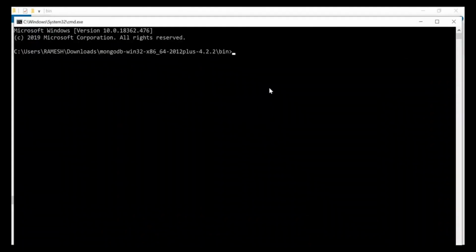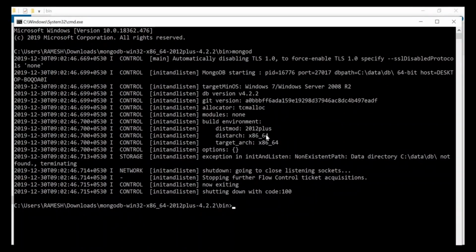So let's go ahead and run the MongoDB database server. Just type the command mongod. This will run a MongoDB server. So look at here, we got some error. Alright, so the error is